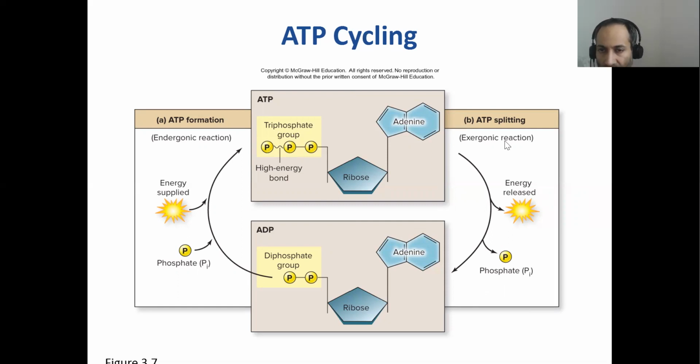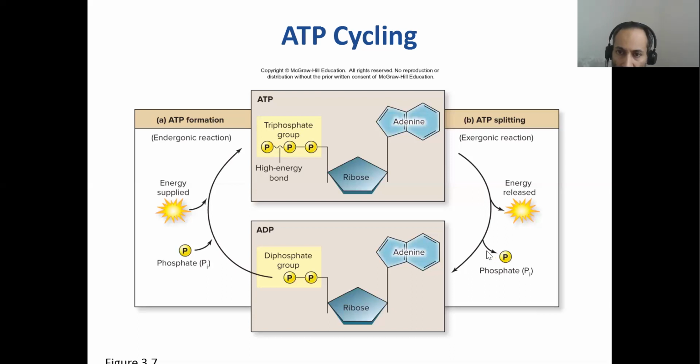And this is an exergonic reaction, of course, because you're releasing energy, and then ATP got converted into ADP, diphosphate, only 2 phosphates here, right? So then you need to regenerate ATP again to live. So you eat food, and the chemical energy from that food reattaches that lost phosphate to regenerate the ATP, the 3 phosphates here. So this is your life process from ATP broken down into ADP and then replenished into ATP. This cycle will keep going till the day you die. That's what it is in all living systems, right?